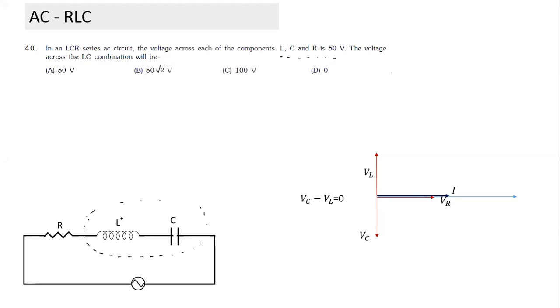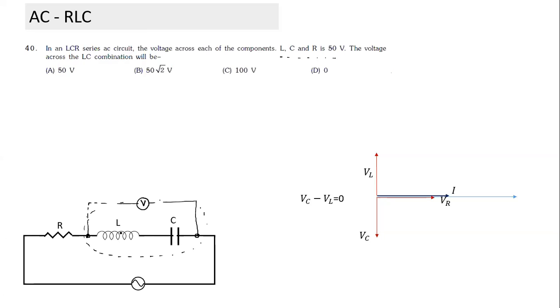0. Is that difficult? See, if I connect a voltmeter, we are talking about what kind of voltmeter? We are talking about an AC voltmeter. If I connect this voltmeter across the capacitor, what will be the reading? Reading will be 50. If I connect a voltmeter across the resistance, the voltmeter reading will be 50. If I connect this across the inductor, also 50. But if I connect a voltmeter like this, how is the voltmeter connected? If this is how the voltmeter is connected, what does the voltmeter show? The voltmeter shows the RMS value of the voltage between the 2 points it is connected to.